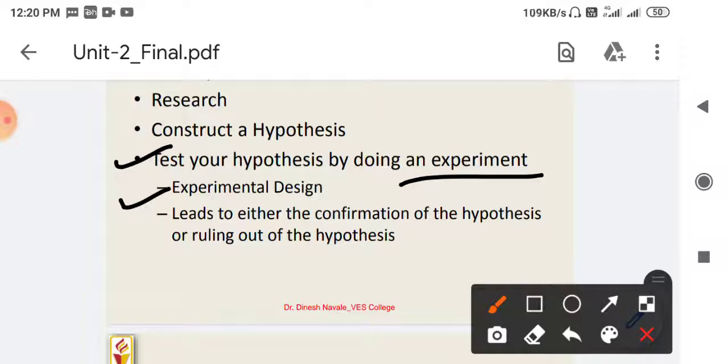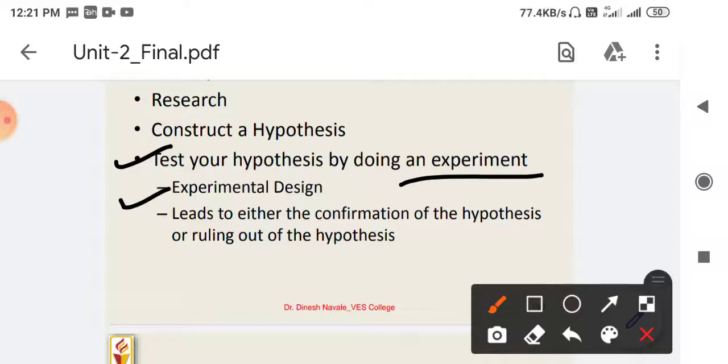So for determining the pH, I can simply use the pH meter. But suppose one person is measuring the pH at a particular temperature, in hot conditions or cool conditions. All these things should be incorporated into your experimental design, and we should get to the point that whichever method gives the better result should be adopted for further analysis.